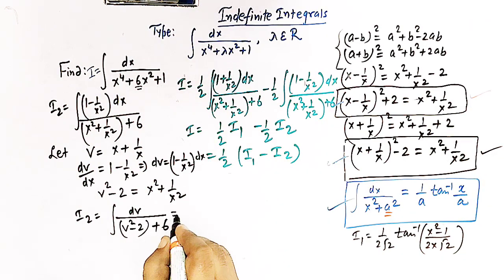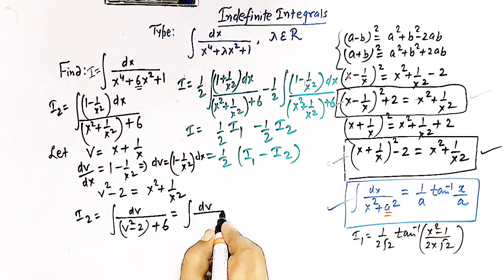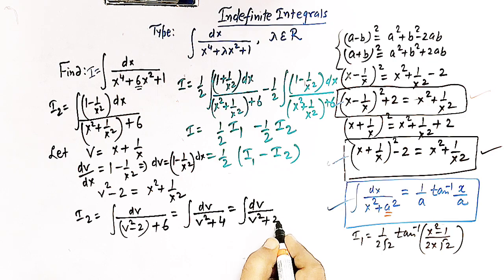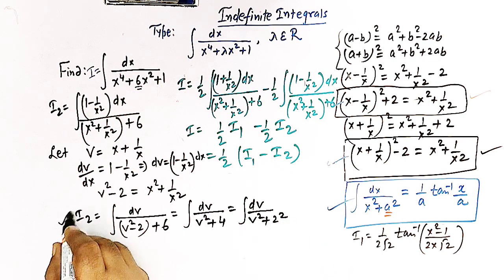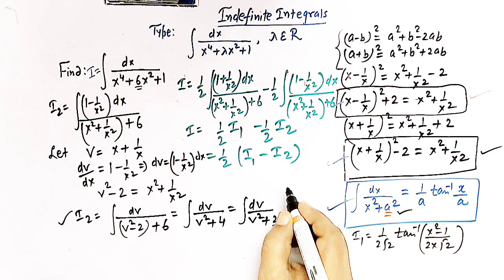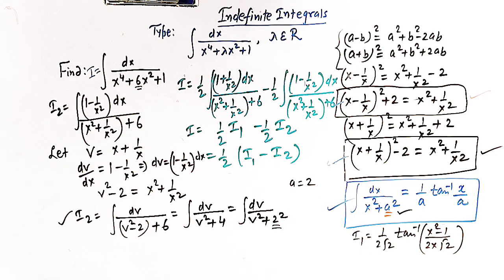So let us simplify it. So we have dv, and here we have v square plus 4, that is 6 minus 2 is 4. So here we have dv and v square plus 2 square. So again this integral I2 is also of this form, that is integral dx over x square plus a square. The value of a is 2, right? So the value of this integral is now equal to 1 over a, a is 2, and we have tan inverse